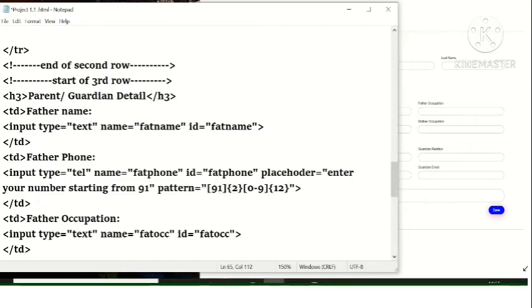For example, it needs to have 91 before the number, two digits separated by a hyphen, and then further we need to have 10 more digits or 12 more digits based on the mobile number. So we can define that in the pattern attribute.